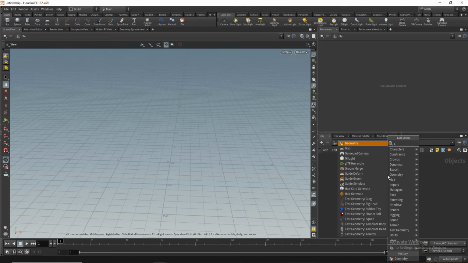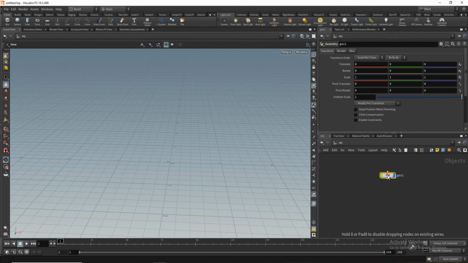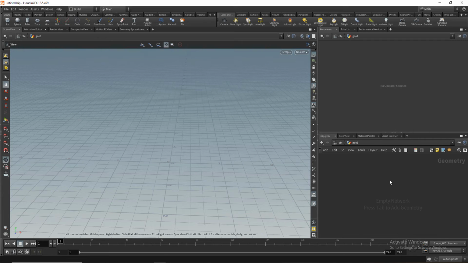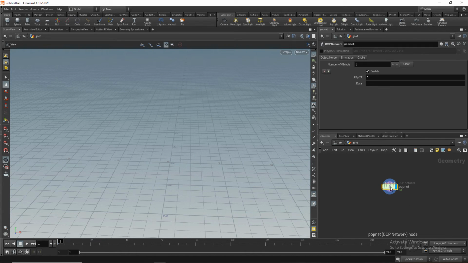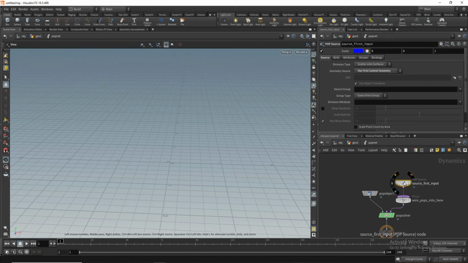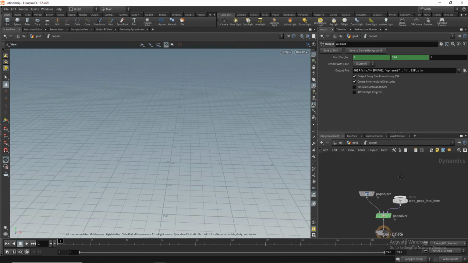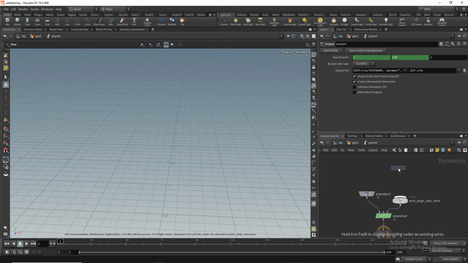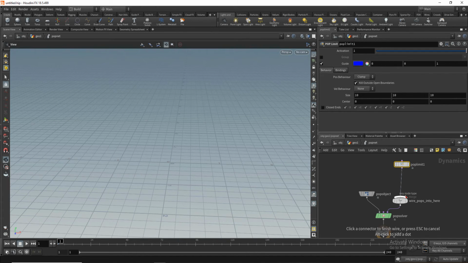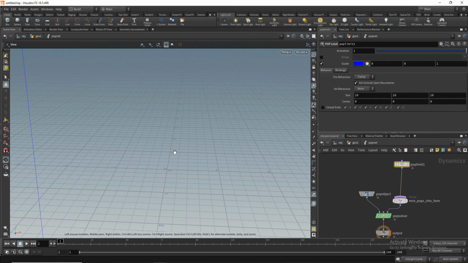First of all, I'll take a geometry node and inside the geometry node, I'll take a pop network, and here I just delete this source input and I'll take pop location because I want the particle will emit from the center of the grid. So I will take this